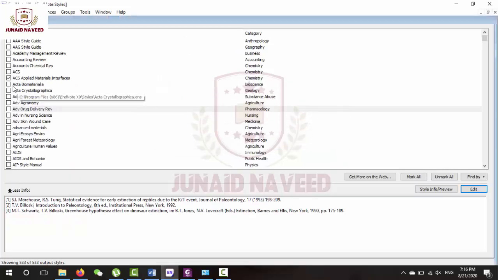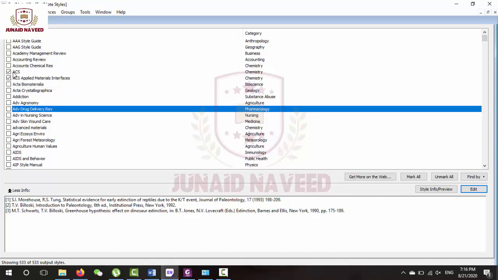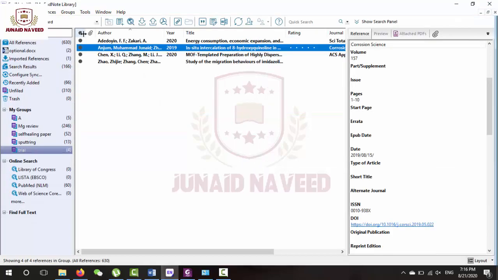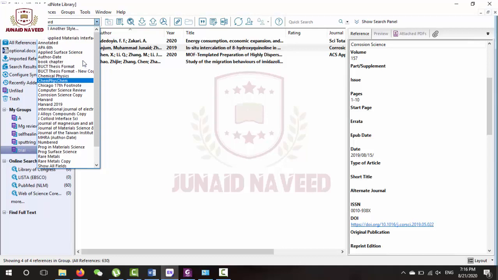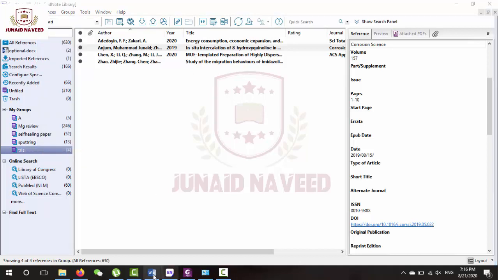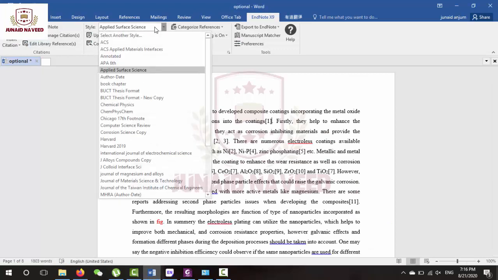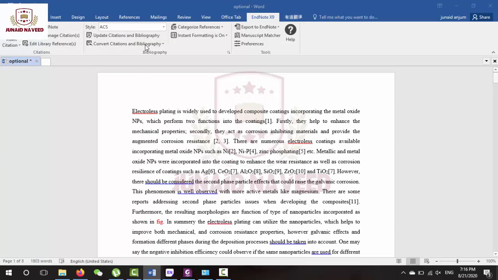I'm not saving it. For example, your style is ACS. You can click on ACS so it will be checked here, and you can simply close it, and you can see your ACS style will appear here like this. The ACS style is here. Similarly, this ACS style will also appear here. If I click on this,